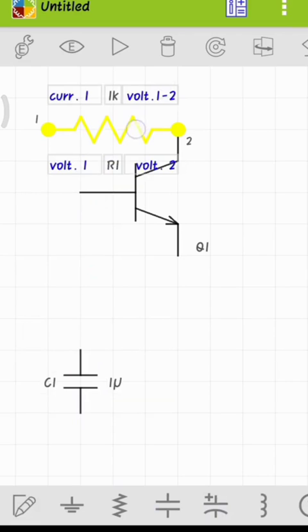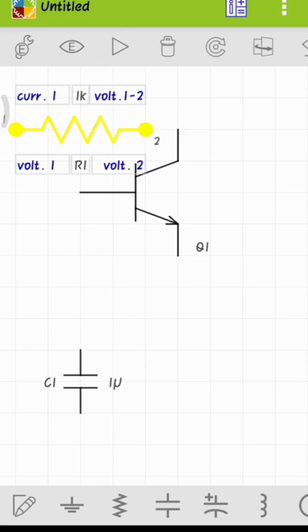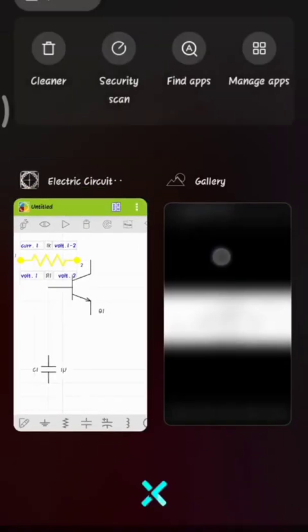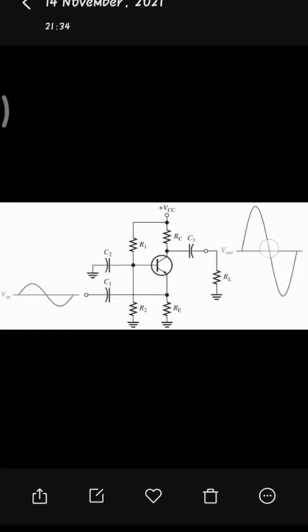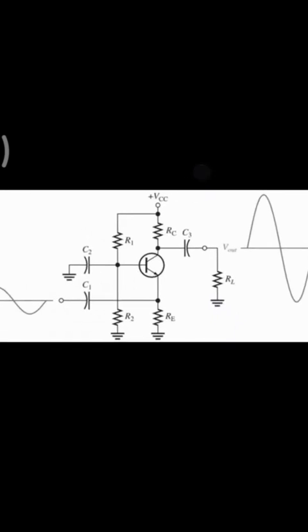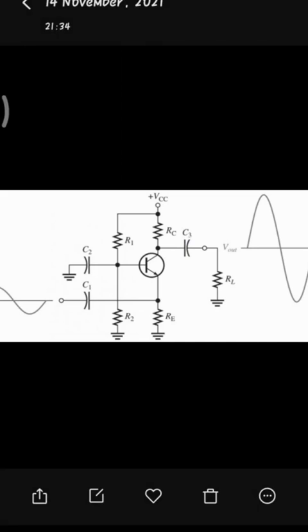Before that, we are going to see some points about the common base amplifier. Generally, the common base amplifier is a very high voltage gain amplifier. So this is also called a voltage amplifier, and the current gain is very low, approximately equal to 1. This amplifier has the base as common, and the output is taken at the collector side from the C3 capacitor, or that Vout, and the emitter side is also grounded.